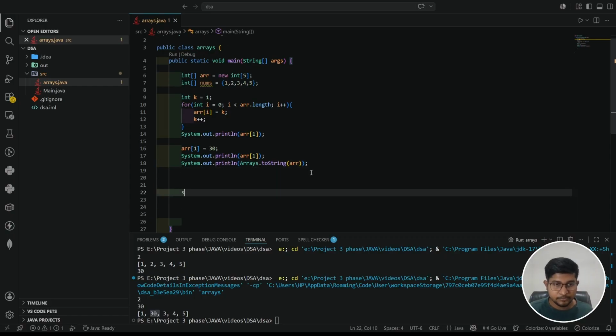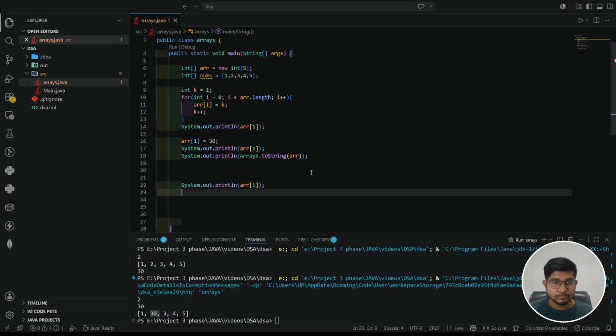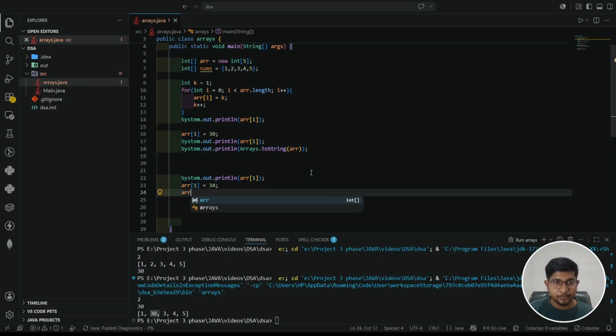To get a value, we use array 1. To save a value, the same way, array 1 is equal to 34. First we have saved this one, and the same way, if we want to make it 50, then we can do that. Adding and updating is the same way. And for accessing the complete array,